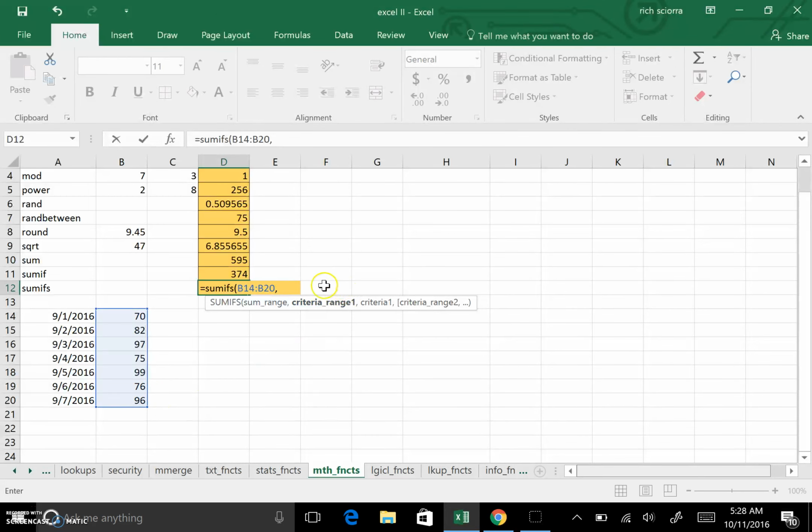And now I have to give it the criteria range. So what I would like to check against. Now in this case, I'm going to check against the exact same range. That may look a little odd, but it's B14 to B20 is what I want added together. If B14 to B20, if the values, comma, are greater than 85,